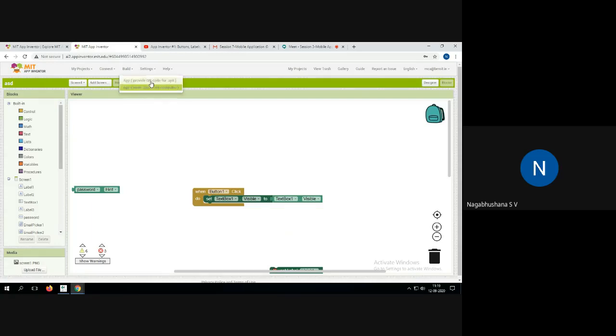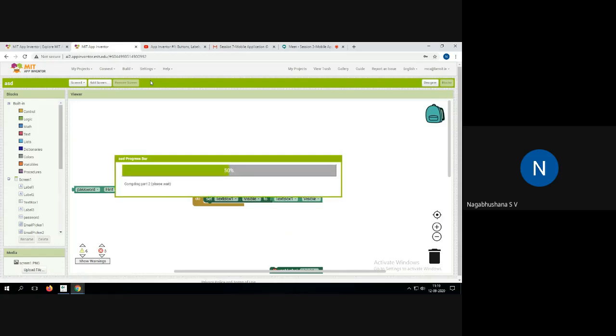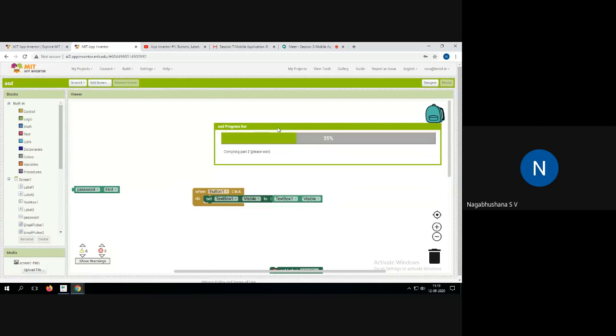You can create an APK file in a very easy way. You can see the APK file is being generated in this case, and it gets executed, and there will be an APK file, and you can just download that APK file and execute it.